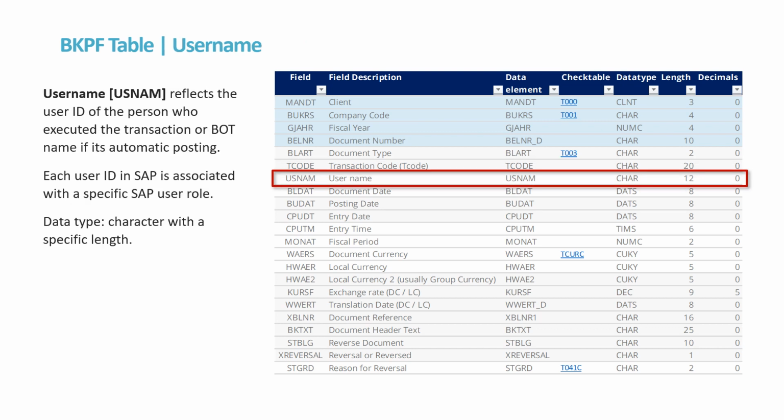Username field reflects the user ID or login name of the person who executed the transaction. Each user ID in SAP is associated with a specific SAP user role. These user roles determine the level of access and permissions granted to individual users within SAP systems. The user roles help enforce security and ensure that users can only perform authorized actions based on their assigned roles